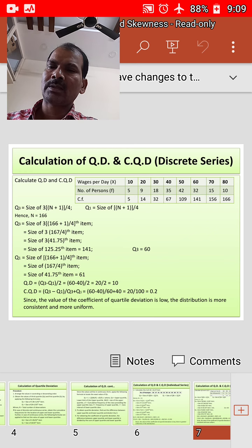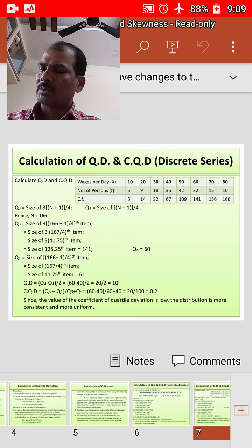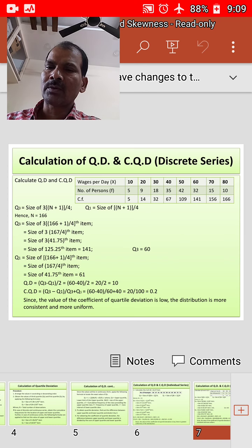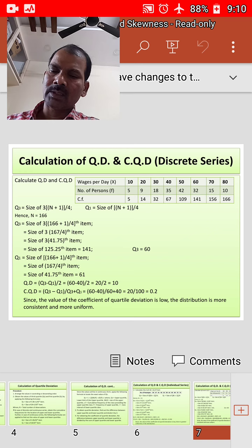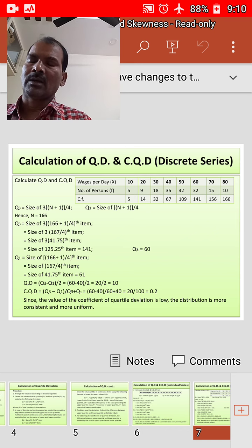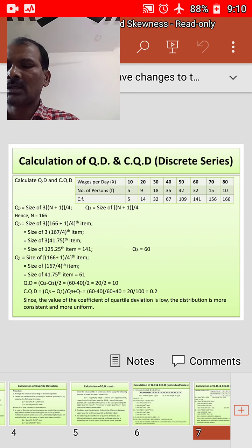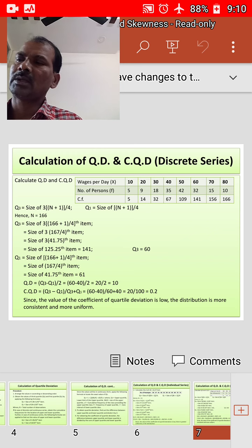Okay, hence 16 by 4 into 3, that is the 12th item. Q3 is the 12th item, and if you locate the 12th item in the given series, that is 16, whereas Q1 is the 4th item, which you locate in the given series, that is 10. Now the quartile deviation is equal to Q3 minus Q1 by 2, that is 16 minus 10 by 2, that is 6 by 2,